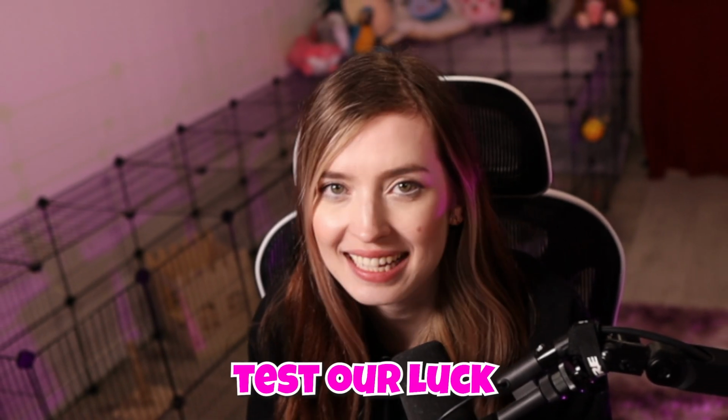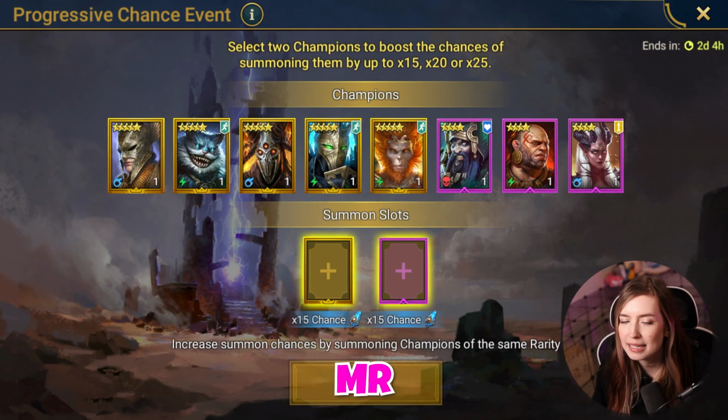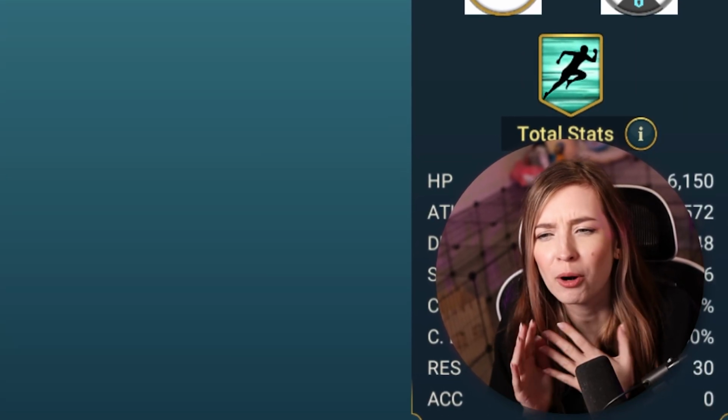Today we are going to test our luck. This champion has evaded me more than once, so we're going to try to see if we can potentially pull him. I, of course, am talking about Mr. Cheshire Cat. I have tried to get this champion, and I figured this is the perfect account to actually try to grab him on,